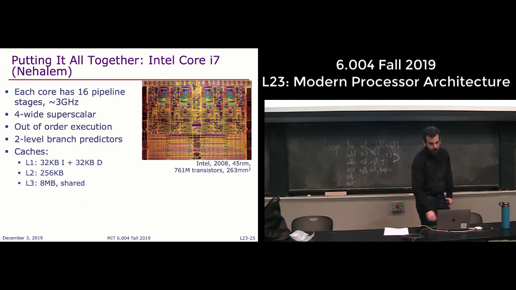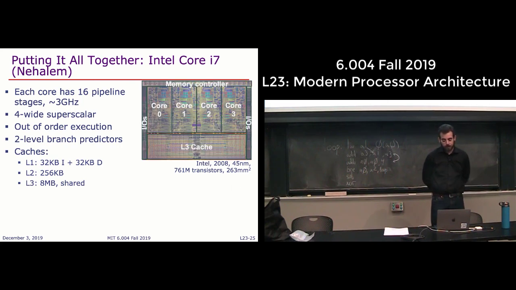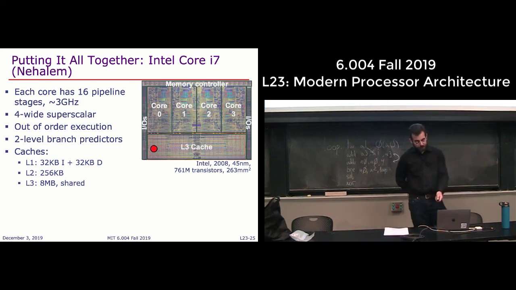Okay. And so just to put it all together, let's take a look at the architecture of a representative modern design. This is a little bit old. It's from 2008. It's the Nehalem Core i7, so this was introduced by Intel in 2008. The reason I'm showing it here is because it was fabricated on the same technology, 45 nanometers, which is about the same technology that you will be using for the design project. So this had north of 500 million transistors, 256 square millimeters, and if you dive in, you can actually see the structures,